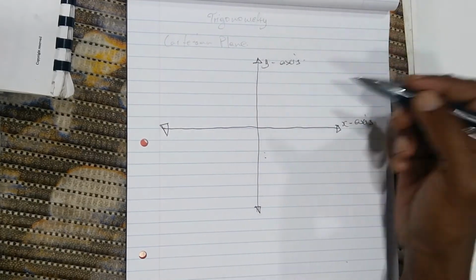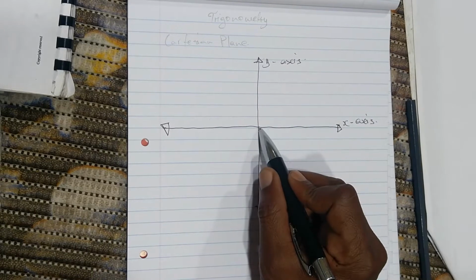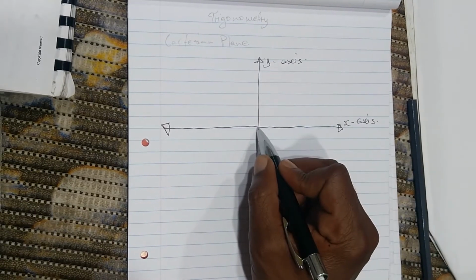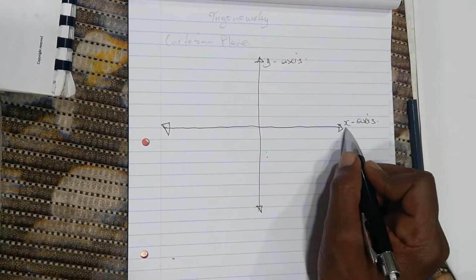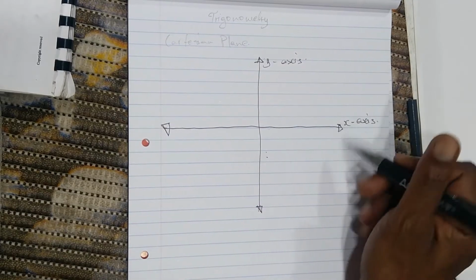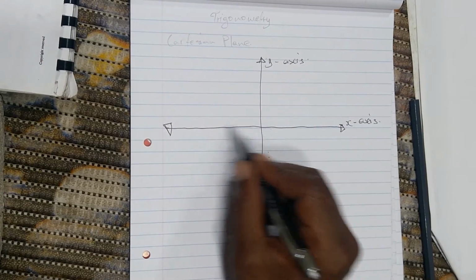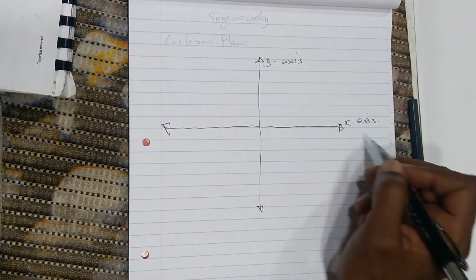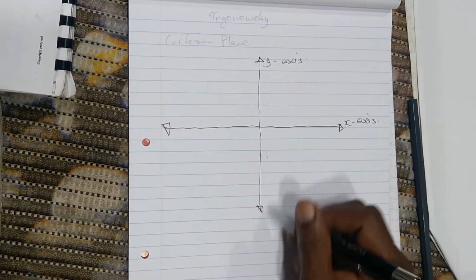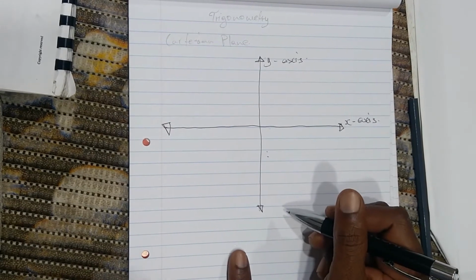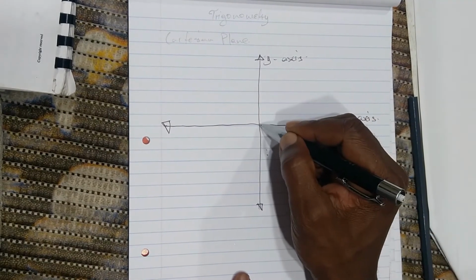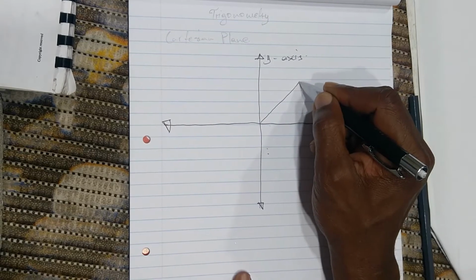And then in this Cartesian plane here, I just want to explain a little bit here, that this is the positive part of the x-axis, and this is the positive part of the y-axis, and this is the negative part of the x-axis and the negative part of the y-axis. So suppose here we take an acute angle,